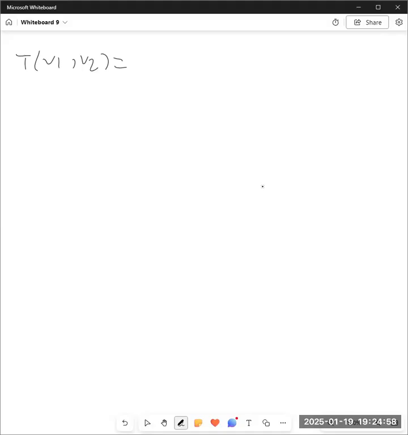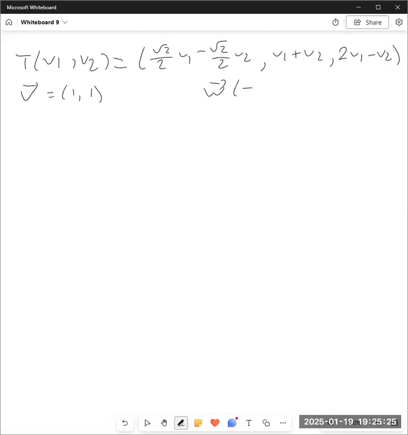It equals square root of 2 over 2 v1 minus square root of 2 over 2 v2, comma v1 plus v2, comma 2 v1 minus v2. And we have a v of 1, 1. We have a w of -5 root 2, comma -2, comma